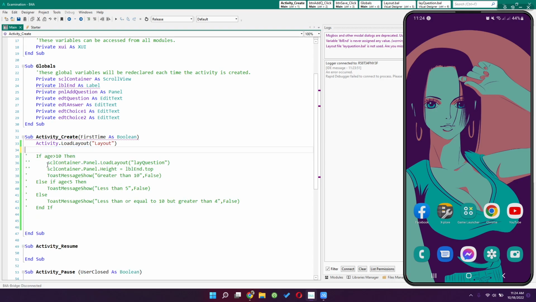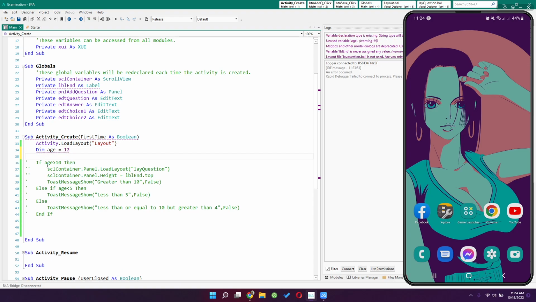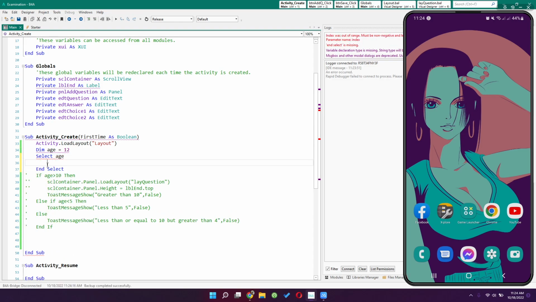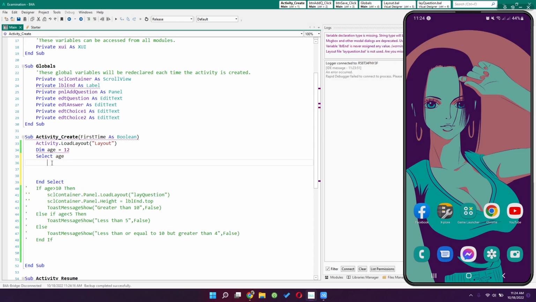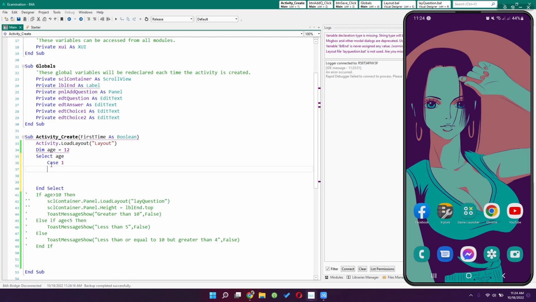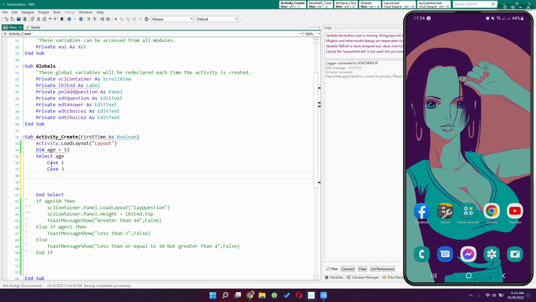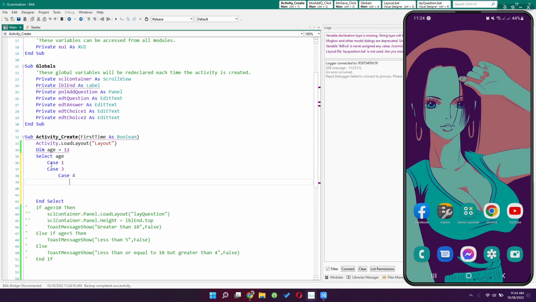For example, we have team age is equal to 12. Select age. So, ganito siya na format niya. Then, case 1, case 2, or 3, sorry. Case 4,